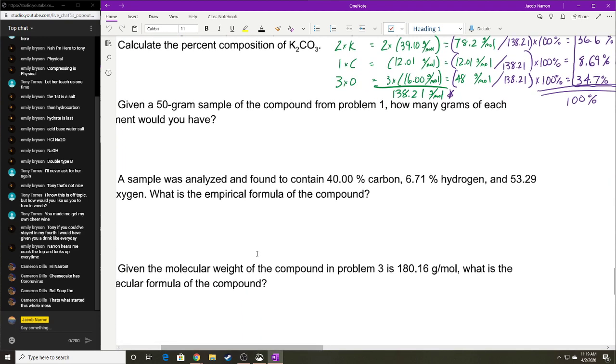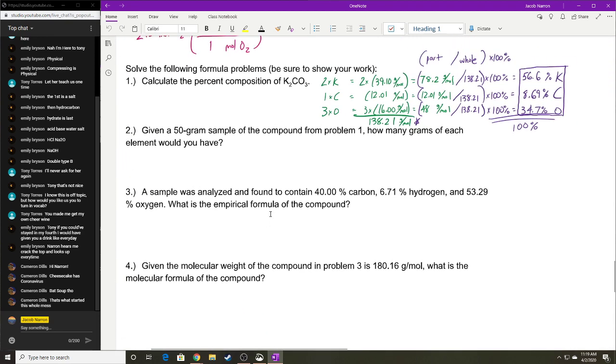Next one's kind of funky. I'm going to zoom out a little bit. It says, given a 50-gram sample,